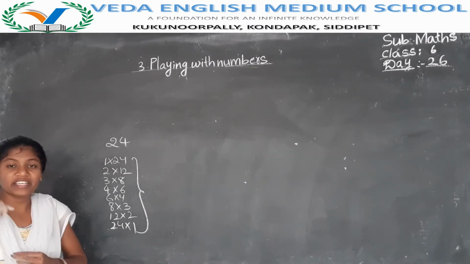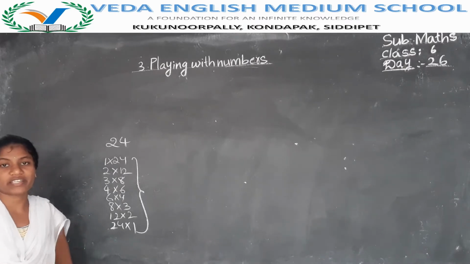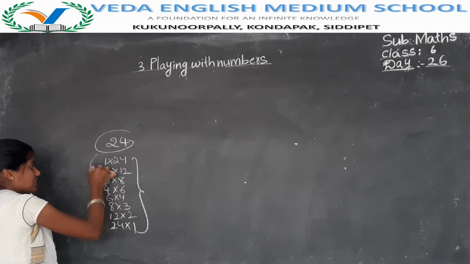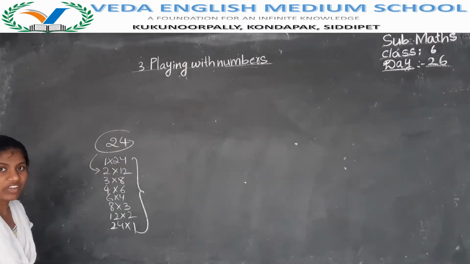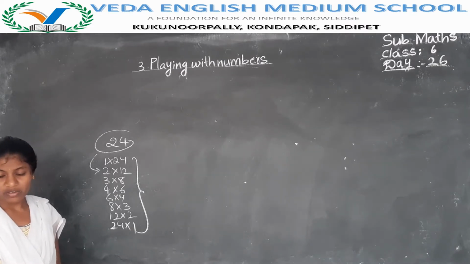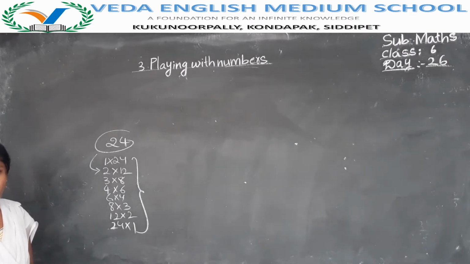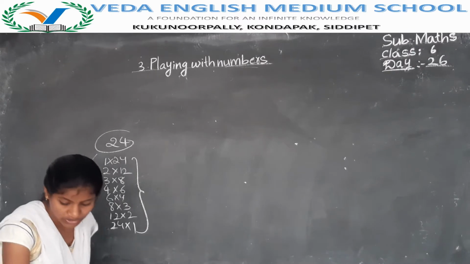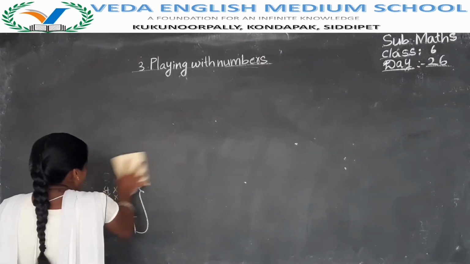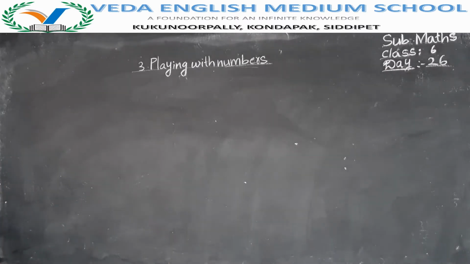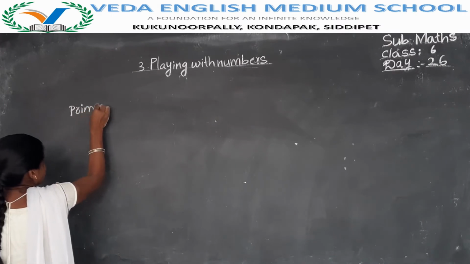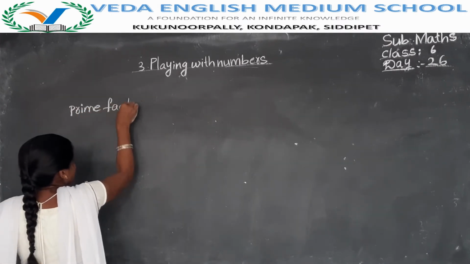The process of finding the factors of the given number is called factorization. We can find the factors like this also. By using the factorization method also we can find the factors. In the factorization method we have two types of factorizations. One is first. Here we are learning about the prime factorization method.